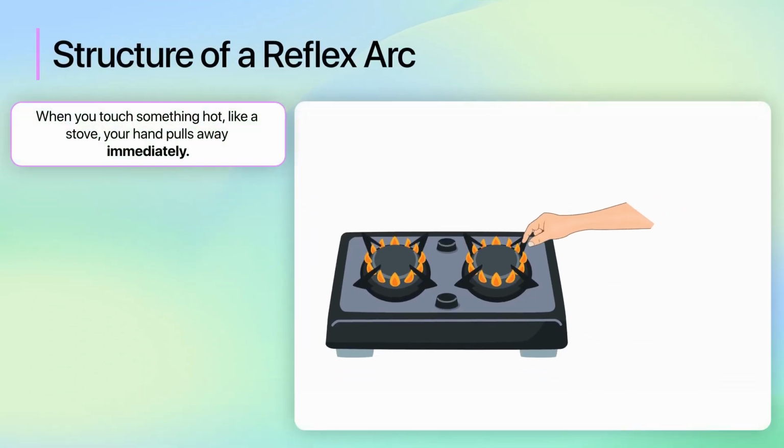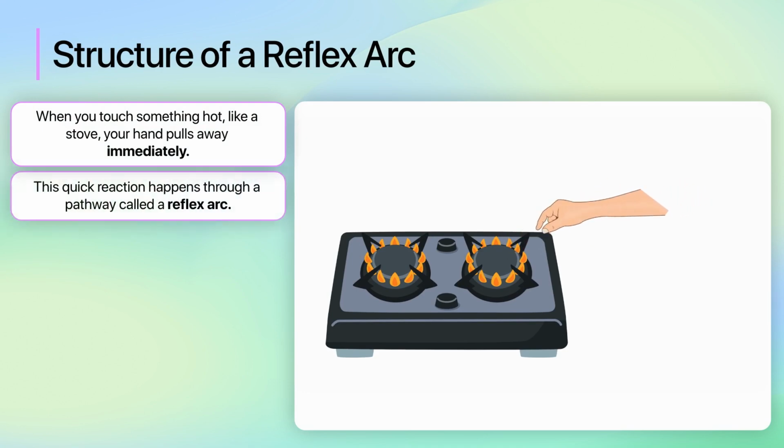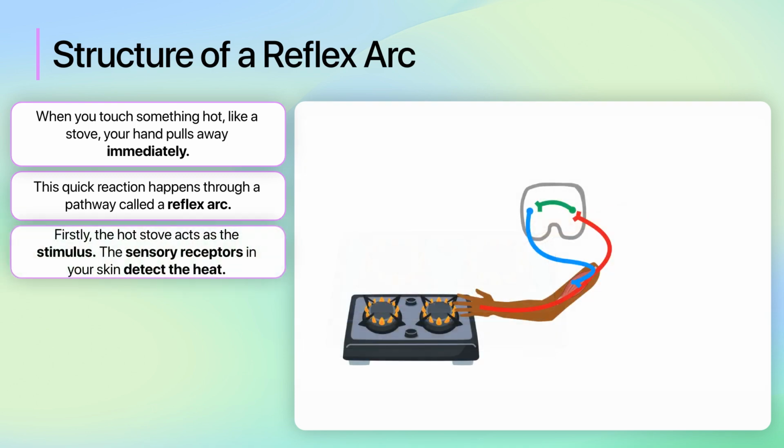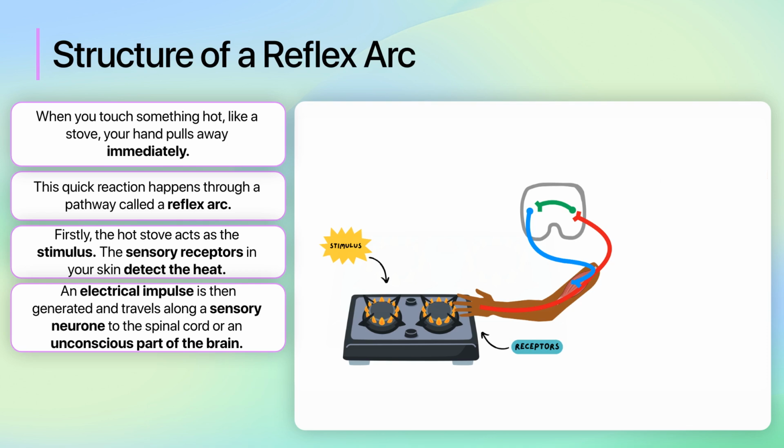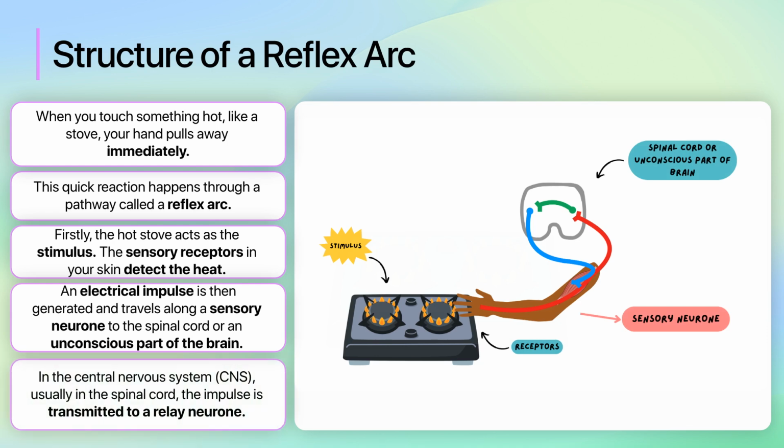When you touch something hot, like a stove, your hand pulls away immediately. This quick reaction happens through a pathway called a reflex arc. Let's break down how this works. Firstly, the hot stove acts as the stimulus. Next, the sensory receptors in your skin detect the heat. An electrical impulse is then generated and travels along a sensory neuron to the spinal cord or an unconscious part of the brain. In the central nervous system, CNS, usually in the spinal cord, the impulse is transmitted to a